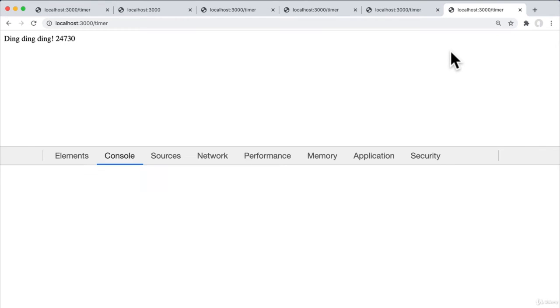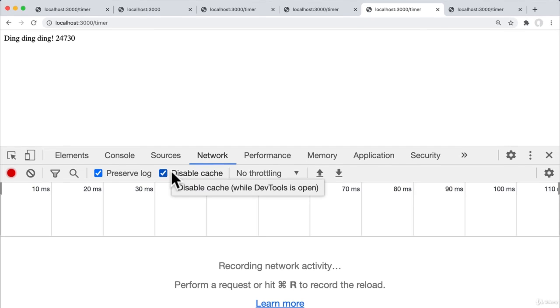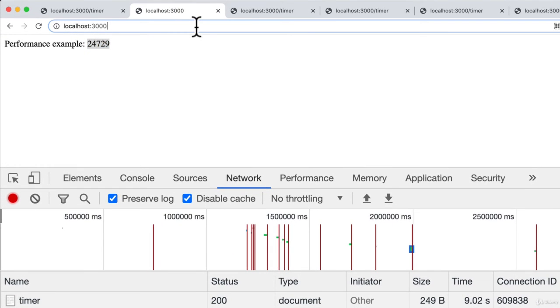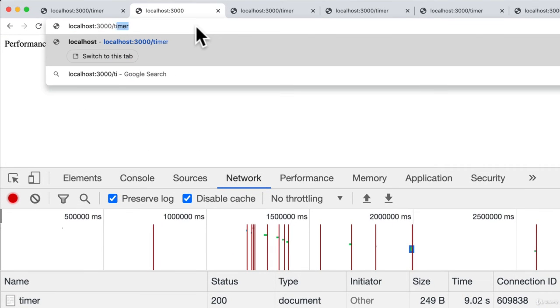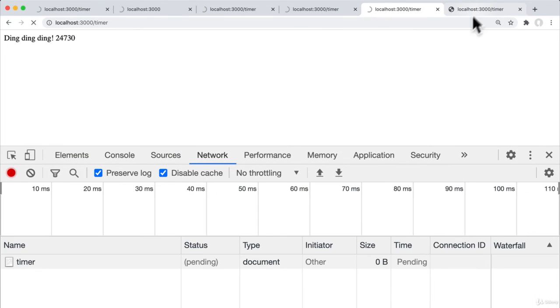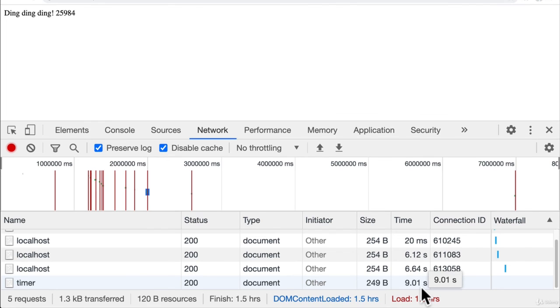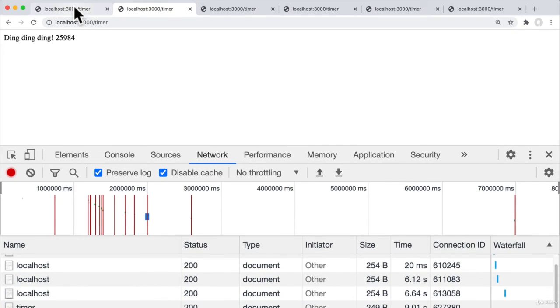Again, opening the network tab, just to make sure that we're disabling the cache. And let's go. This time I'll make sure to hit the timer endpoint in all of the tabs over here. So first this tab, 2, 3, 4, 5, and 6. Let's wait around for the request to complete. All right, so we got the first request completing in 9 seconds,